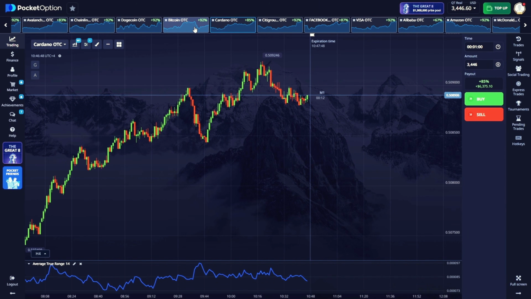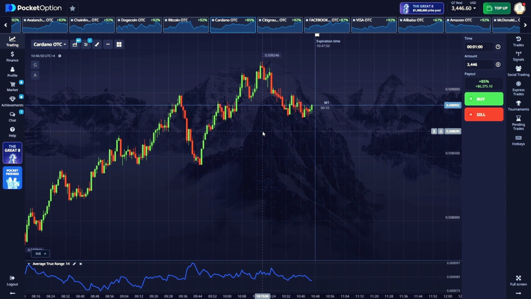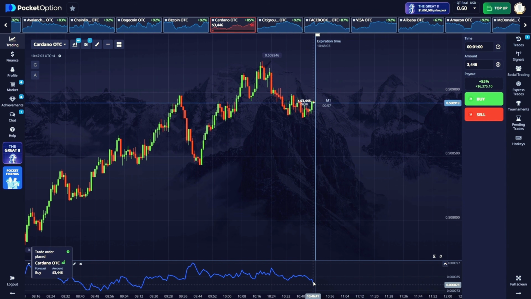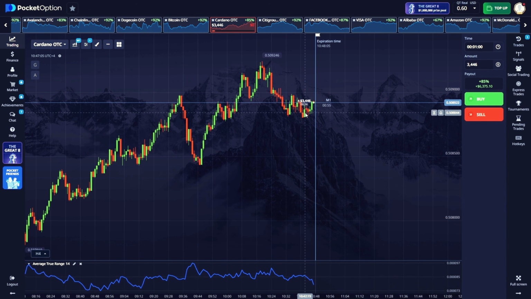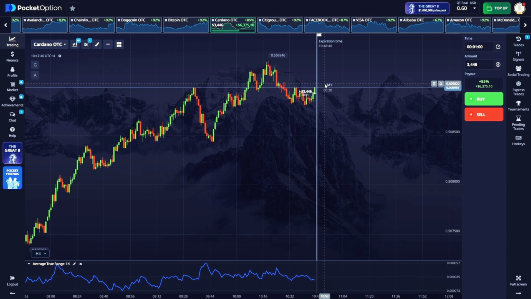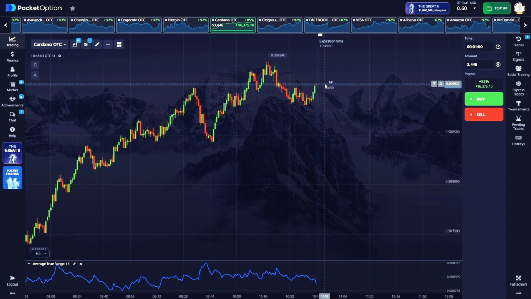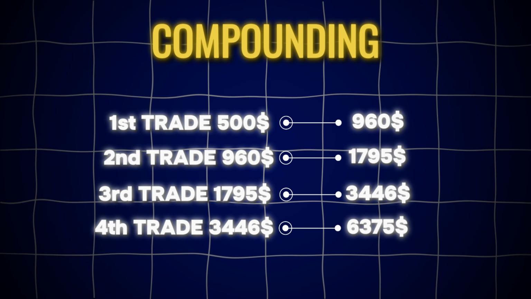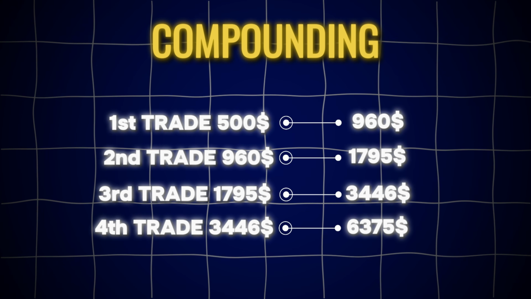On Cardano OTC, I'm watching for an upward move. If this candle closes green, I'll proceed. It just closed green, so I've placed a trade for $3,446 in the upward direction. You'll notice the ATR line had dropped sharply and now 2 green candles have formed, signaling in our favor. And we've won again. That's a great return from an initial $500, all by using the ATR, Average True Range